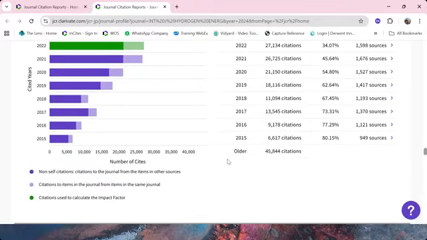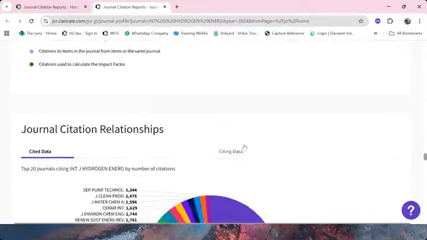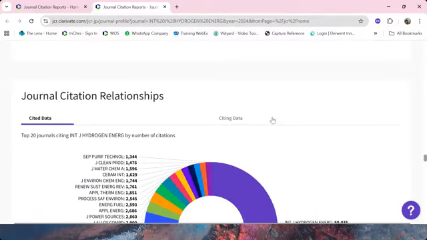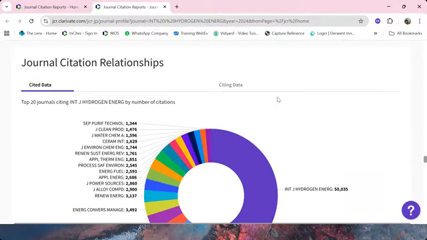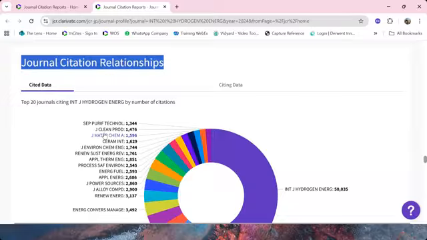Now, I think most of you would have been rejected by a journal at one point in time. But I hope you are all not dejected, because rejection from journals is, I think, part and parcel of research life. But sometimes you might be lost as to where else you can publish. So here in the journal citation relationships, we have this colorful wheel.